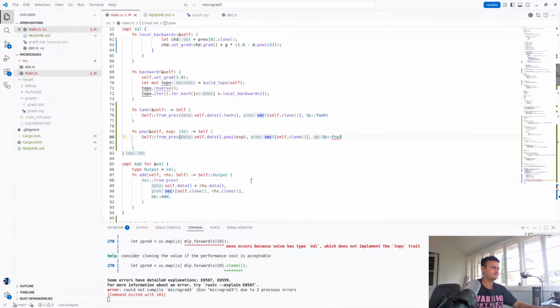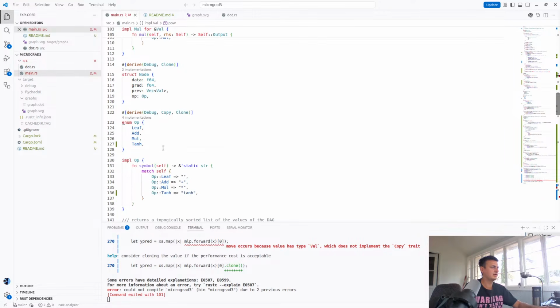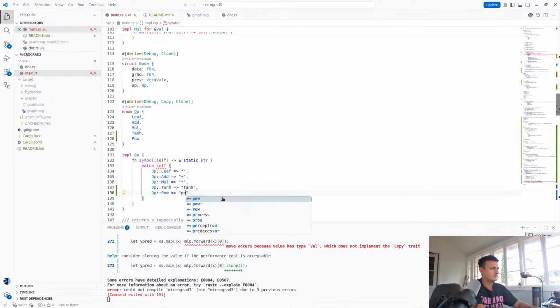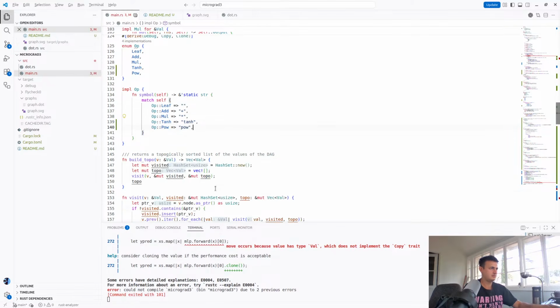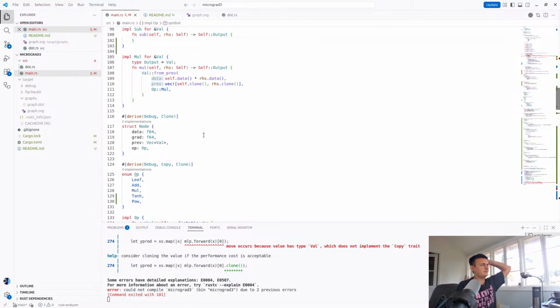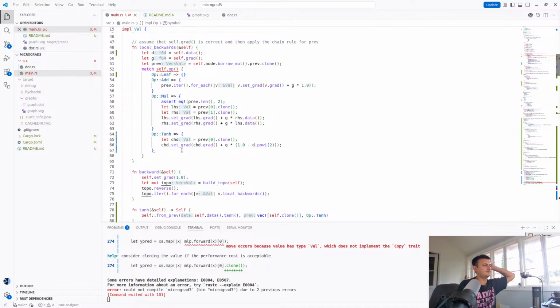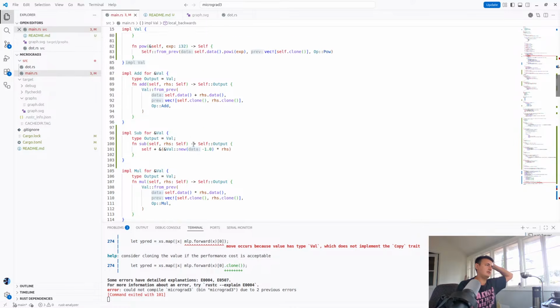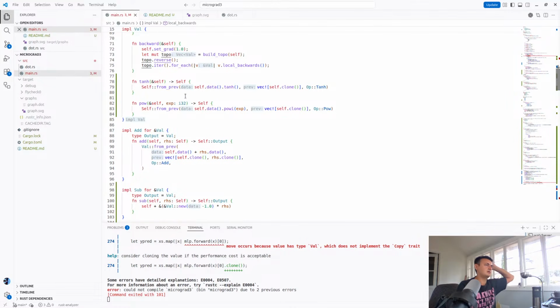Okay, so we'll get to why this ends up being weird, but let's just do it as before, and now we have to do the derivative. And the problem is though that, here's the problem. We could have pow's prev